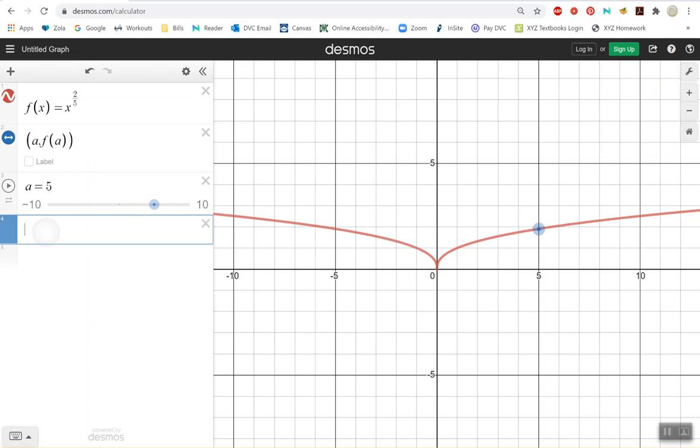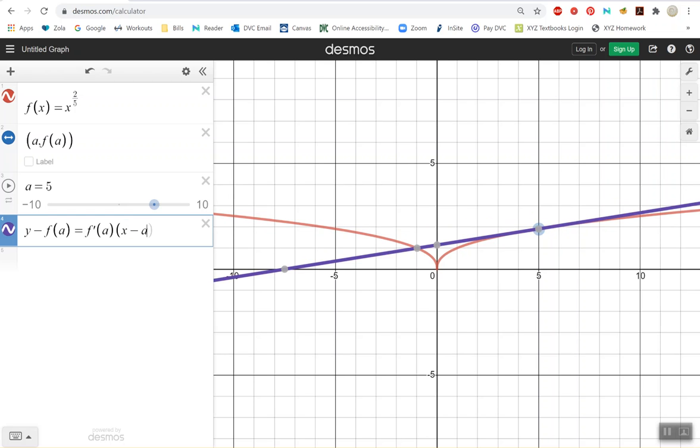All right, and we know that the equation of the tangent line using point slope form will be y minus f of a is equal to the slope f prime of a times x minus a, right? And lo and behold,